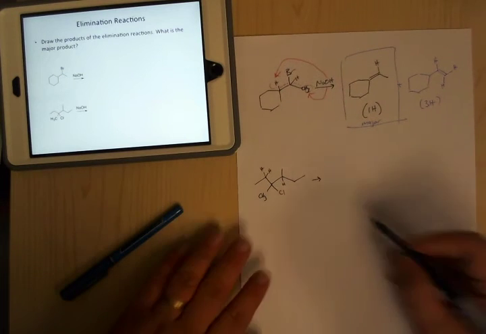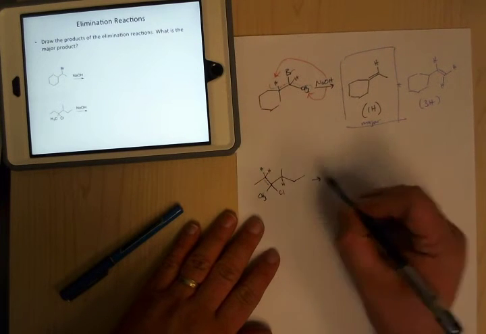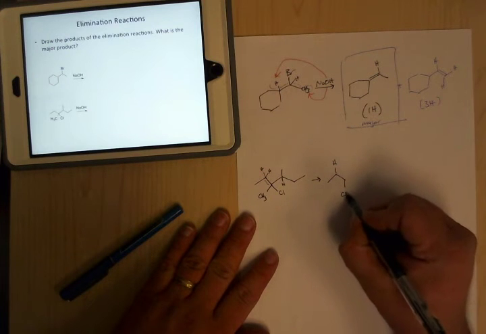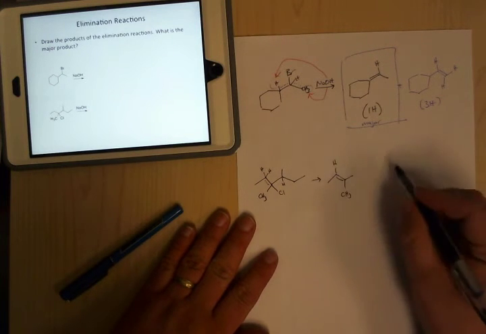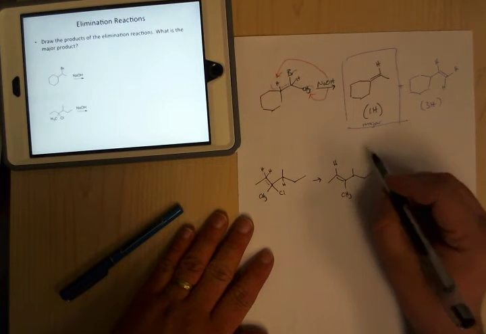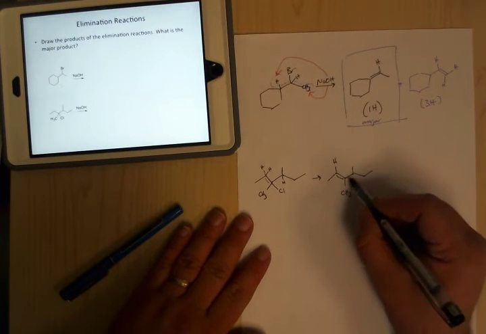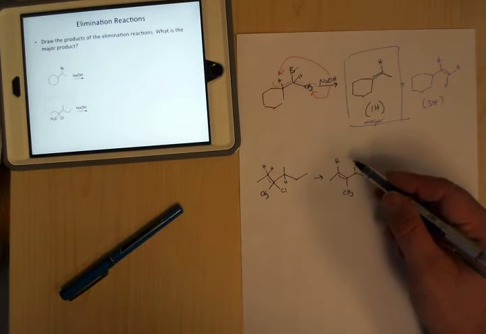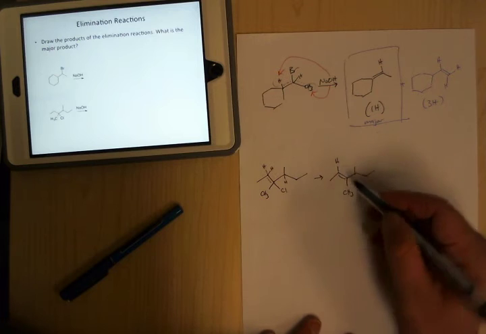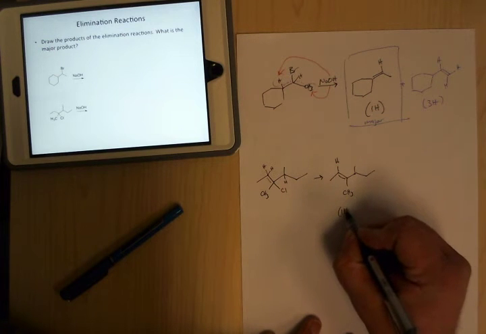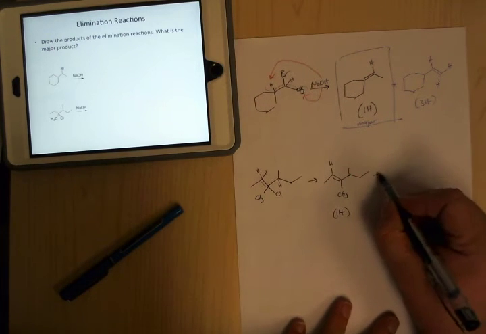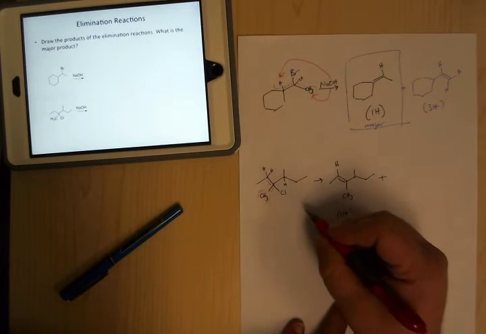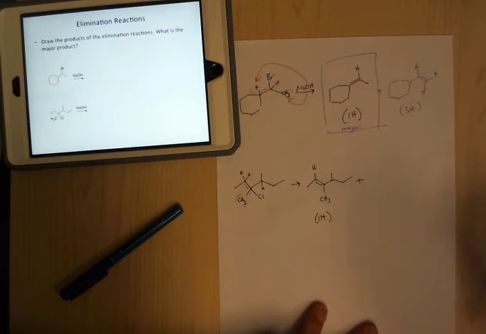If we go here, it would be CH3 with a double bond there, so this one has only one hydrogen. Now, if we rip off this hydrogen, it would end up being